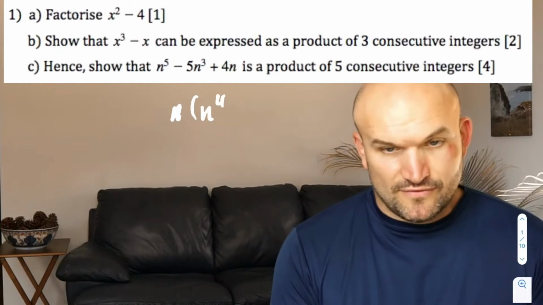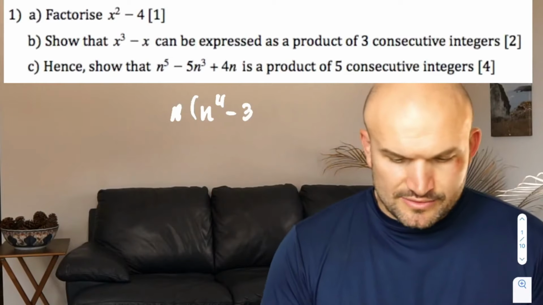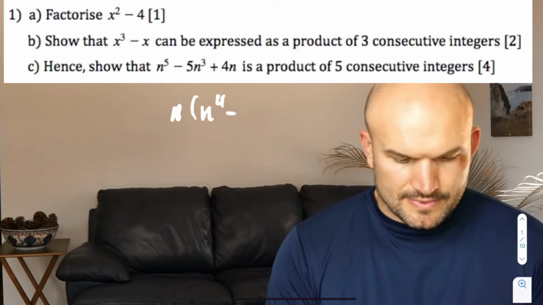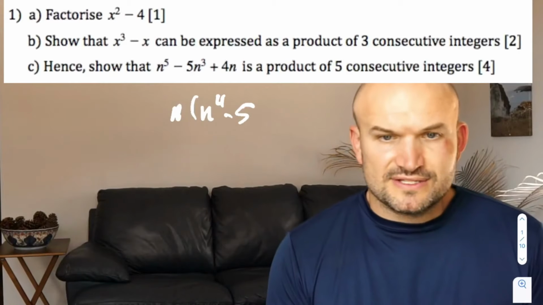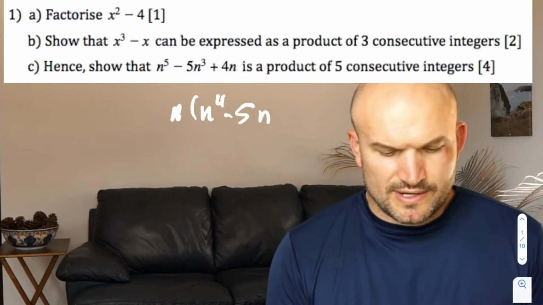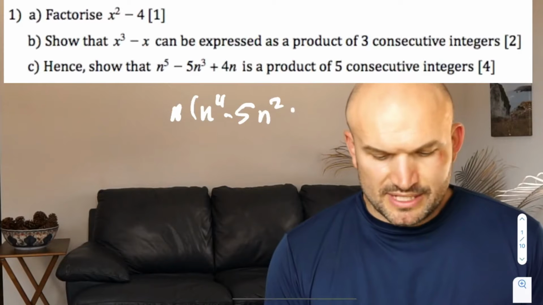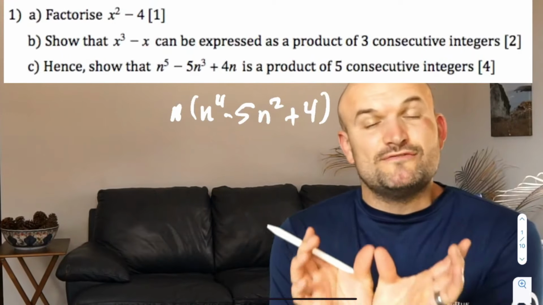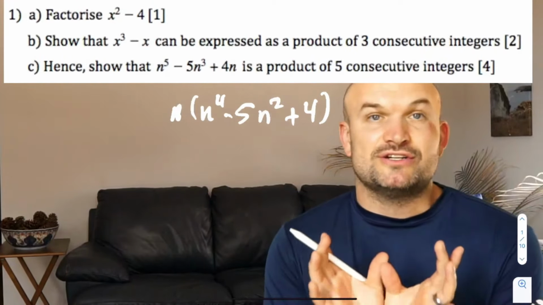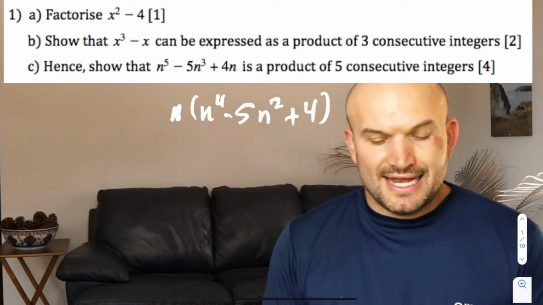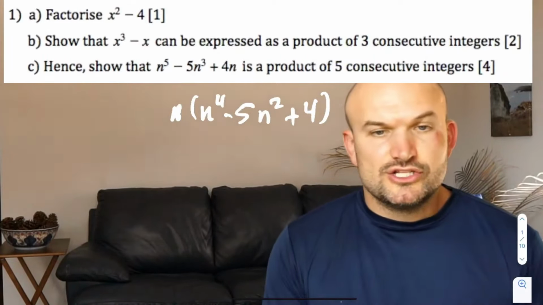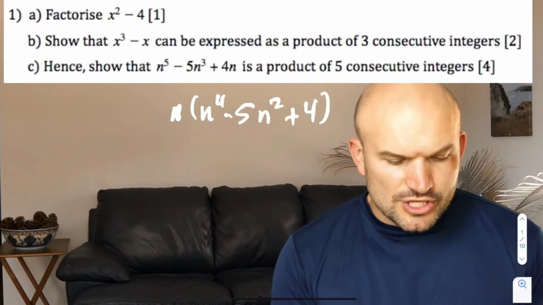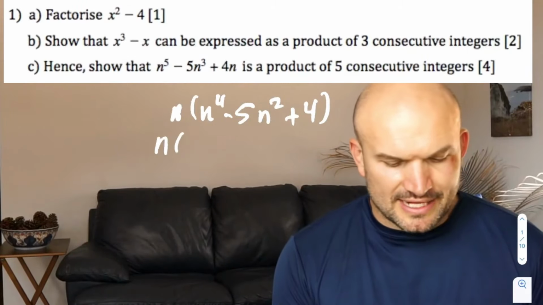It's going to be n to the 4th minus 5 n squared plus 4. And again, we're looking for a product. A trinomial can be factored into a product of two binomials. And again, we can use the same justification like we did for the difference of two squares to go ahead and factor this. So what I'm going to do is rewrite this as n, and then